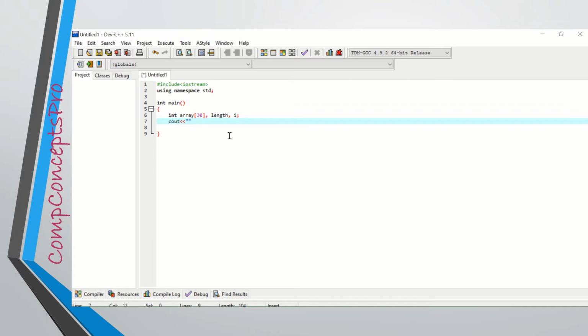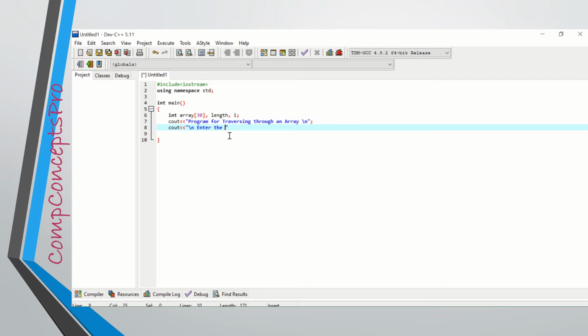Next, I will declare the variables which are required in the program. First of all, the array itself. Let's say we are using an integer array of size 30. Then length is the variable that I will be using for asking the user defined length from the user. Then there is a loop counter variable i. Next, I'll give some cout statements. This just improves the readability of the program. So just a heading, program for traversing through an array. It tells us what the program is all about.